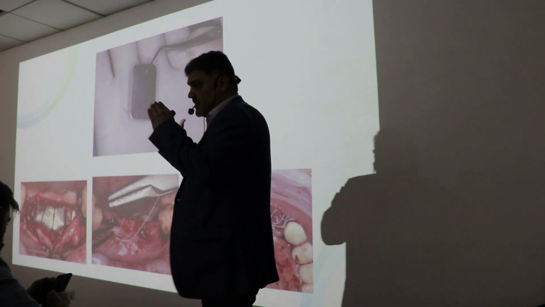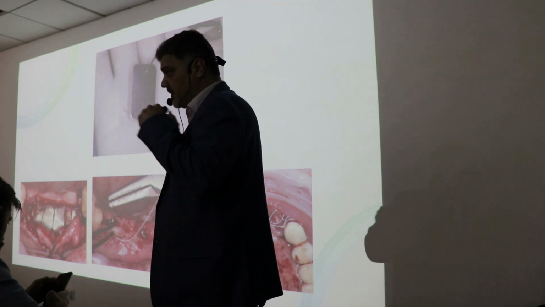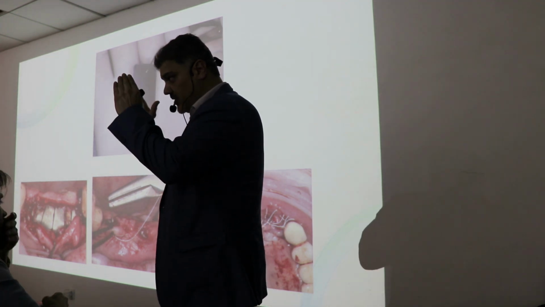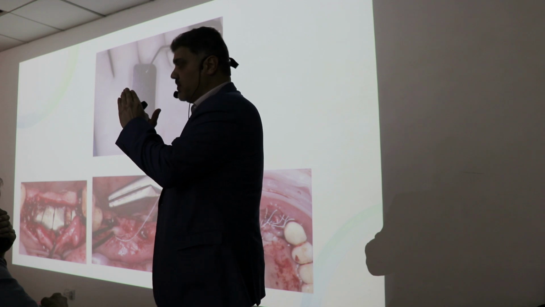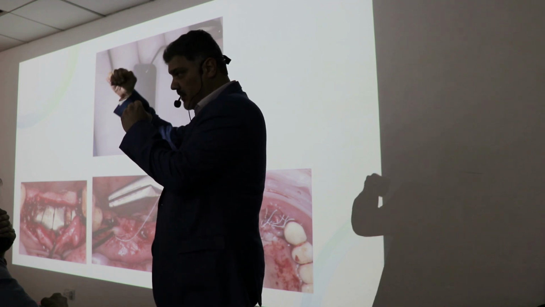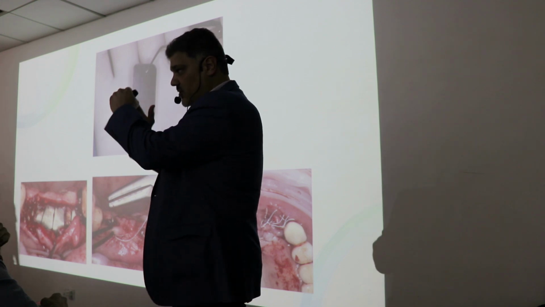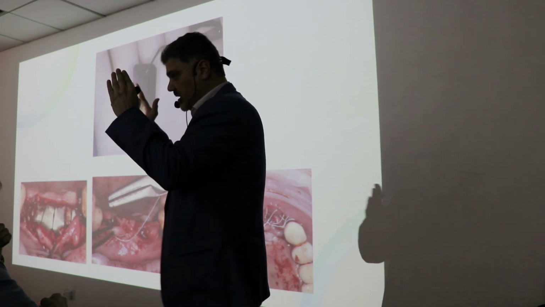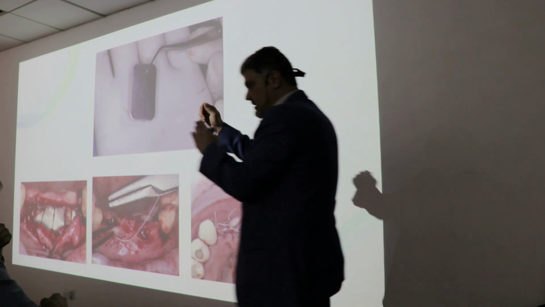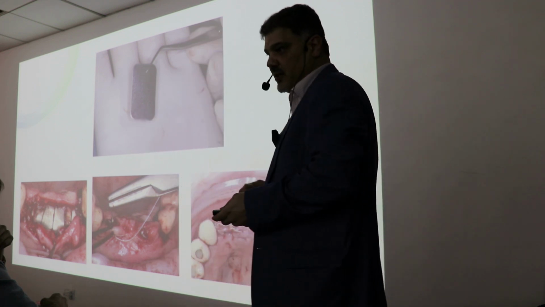the two edges of my flap should be everted. Everted means the inner part of each side of the flap should meet each other. Not epithelium to connective tissue, or connective tissue with epithelium. No. I need the two inner parts of the flap to meet each other, and I will do my interrupted